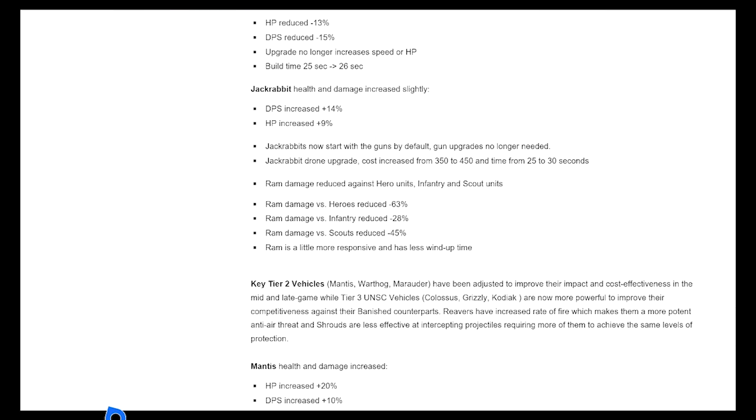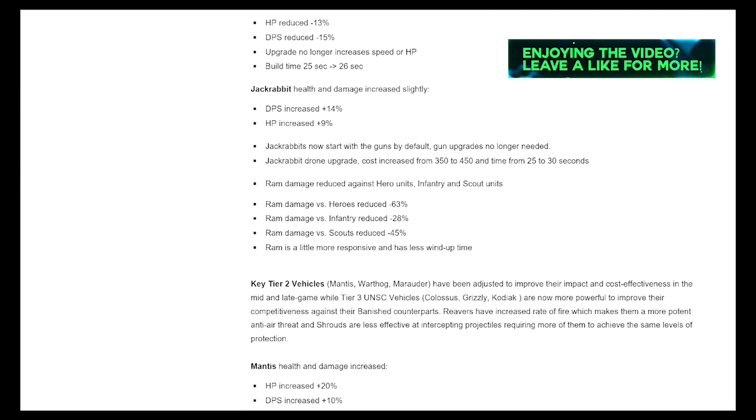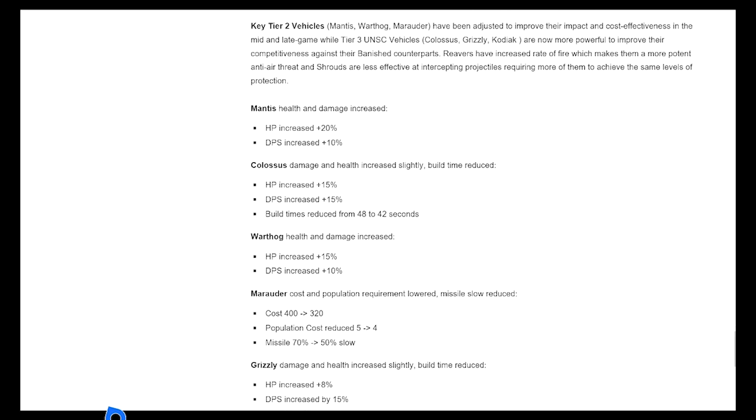Ram damage reduced against hero units, infantry, and scout units. Ram damage versus heroes reduced 63%. Ram damage versus infantry reduced 28%. Ram damage versus scouts reduced 45%. Ram is a little more responsive and has less wind-up time. Okay, thank you. Choppers would practically be useless for about 3 or 4 seconds once you click the Y button